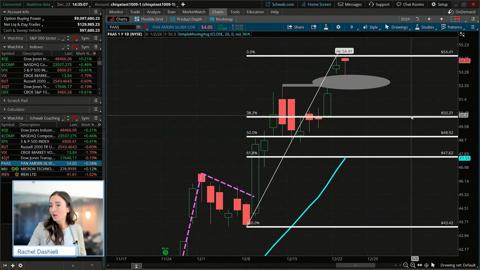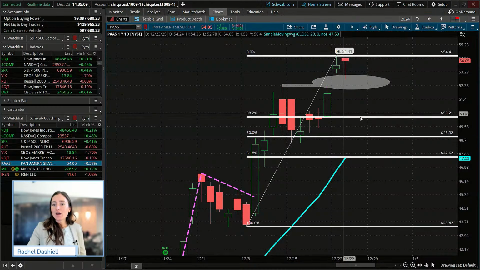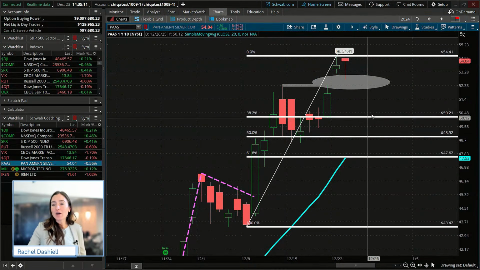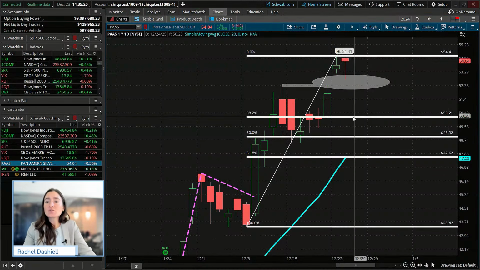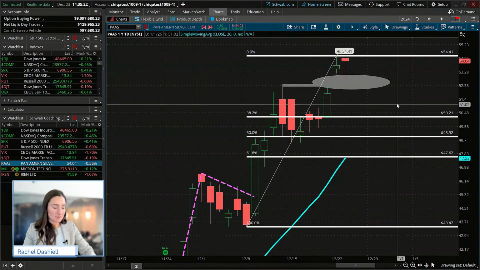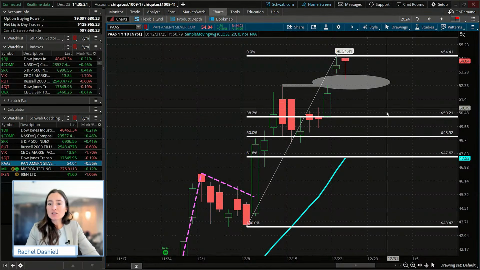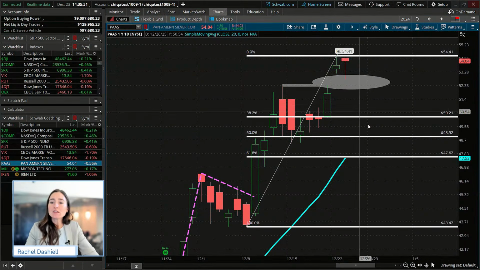So right at $50, maybe one level that traders may take profits or may stop out their losses there in that case to really capitalize on what they've made in this move so far. But if we do see a confirmed bounce from this, it may give us an indication that, hey, this is a really good area to possibly buy the dip if I am a Fibonacci retracement trader here to find this